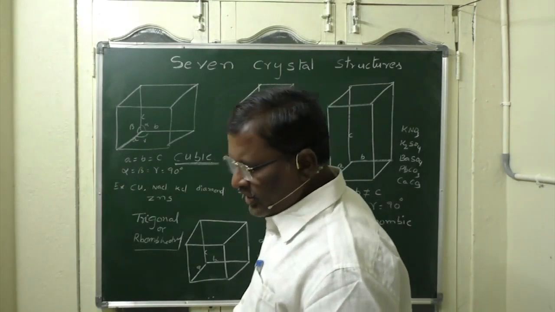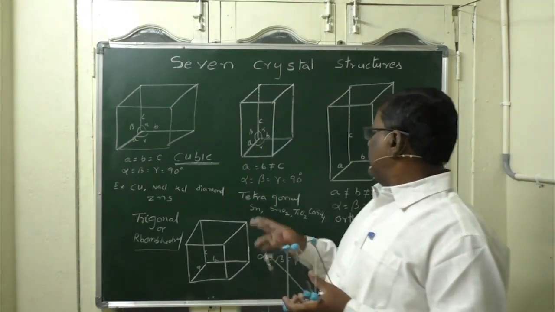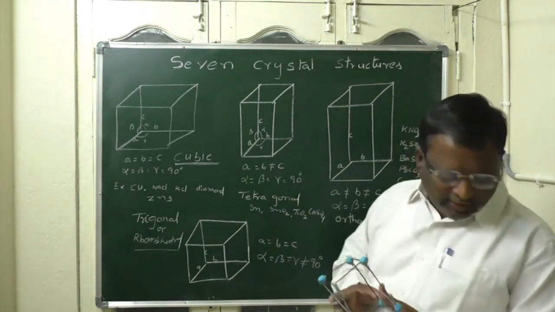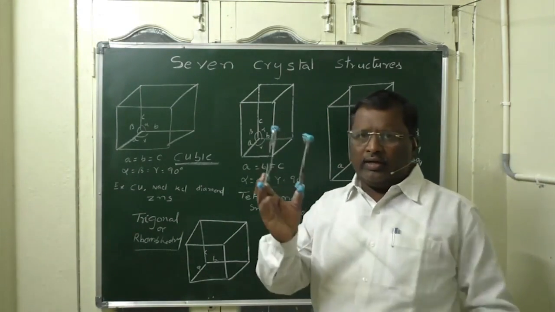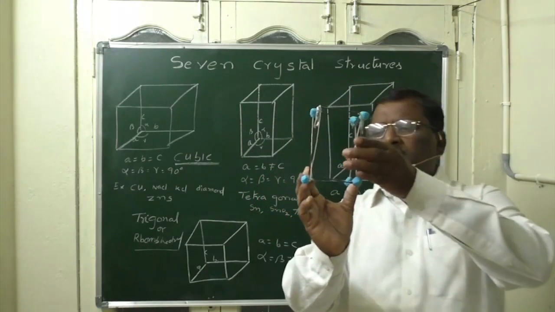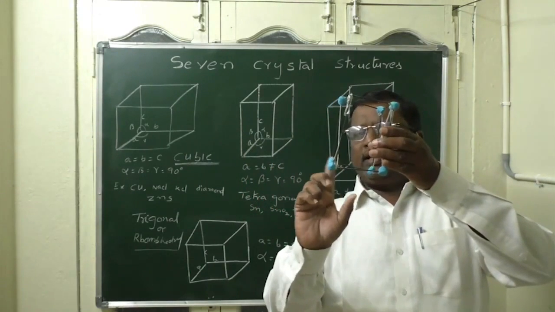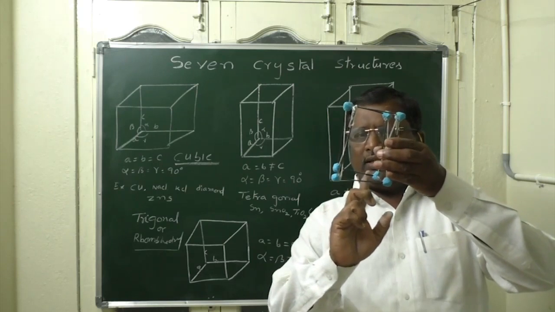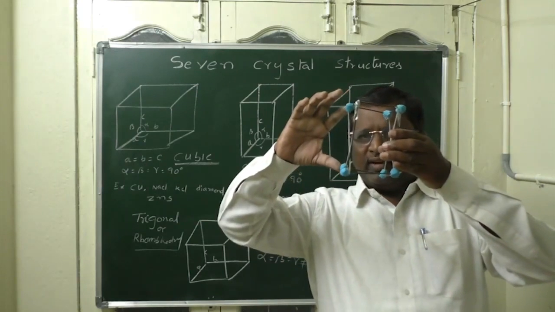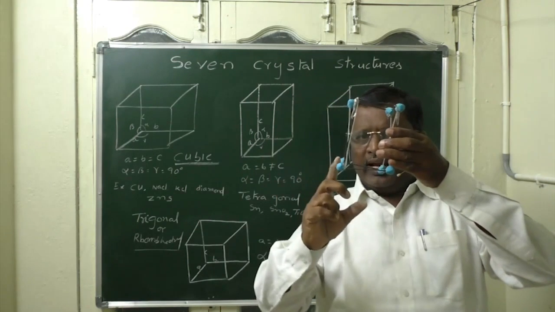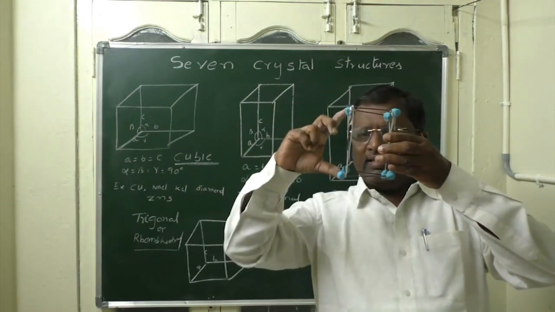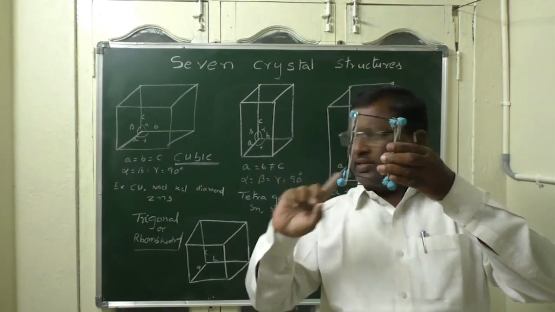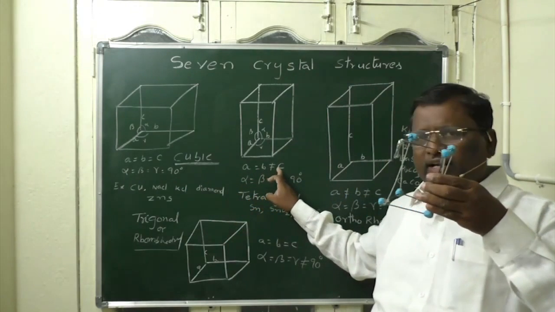Then another unit cell is the tetragonal unit cell. In a tetragonal unit cell, it will be like this. That means length and breadth are the same. A is equal to B, but the height is different. A and B are the same, height is different. So, A is equal to B is not equal to C,